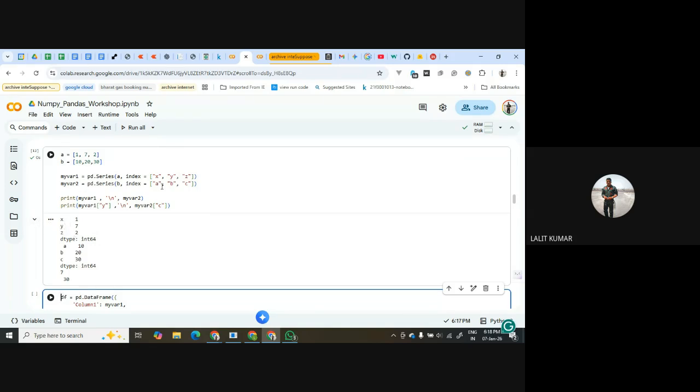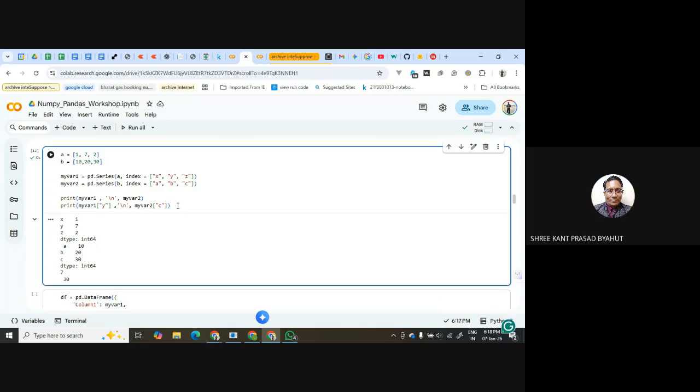For my var2, ABC with 10, 20, 30 has come. We can access the values of this series by using the indexes. Here, if I use my var1 at 0, it will throw an error because 0 is not an index. So I have to give the correct index. If I pass Y, I will get 7. And for my var2, if I pass C, I will get 30. Is this clear, Akhil? What is the importance of the index?